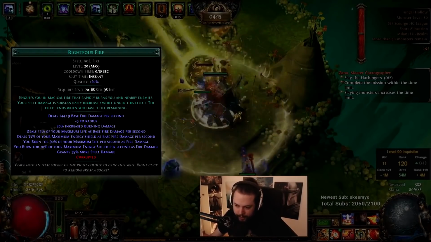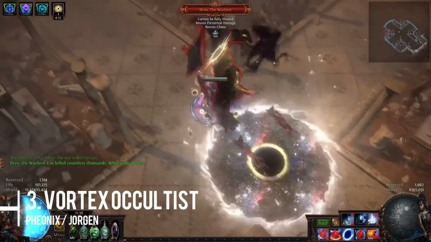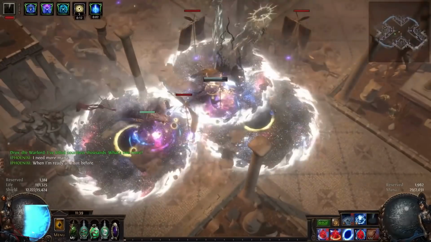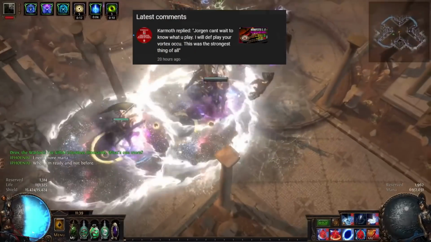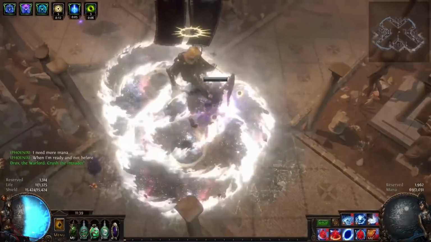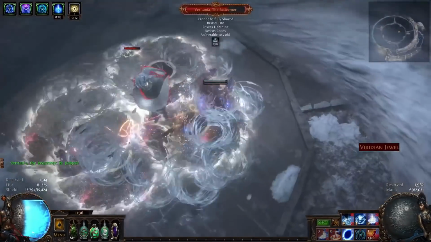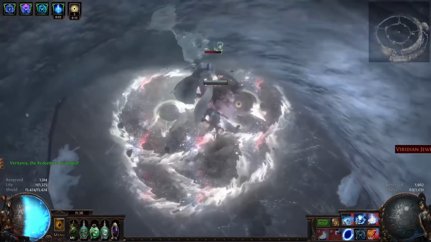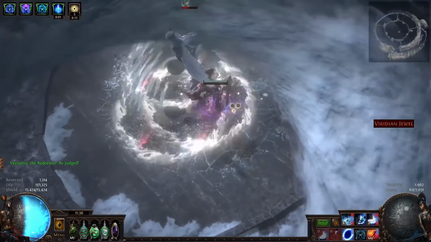So build number 3, this one is close to home for me, and you guys will remember it. In fact, thanks for the comment, Carmoth. I'll make sure that's on the screen for you, bro. It's the Vortex Occultist. Now, I played this build last league. However, I played this a little differently. I played a CI variation with Aegis Aurora, max block, and as you guys would have seen,